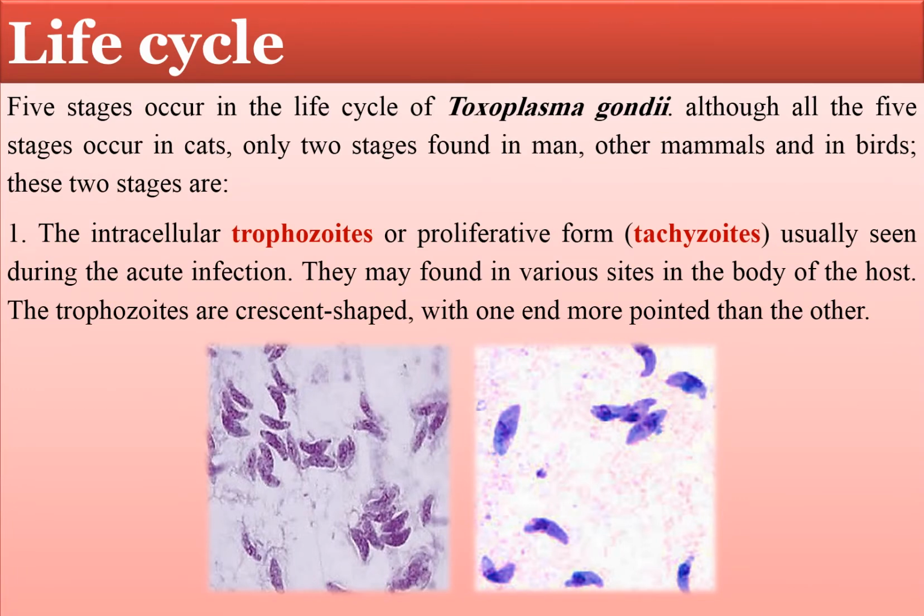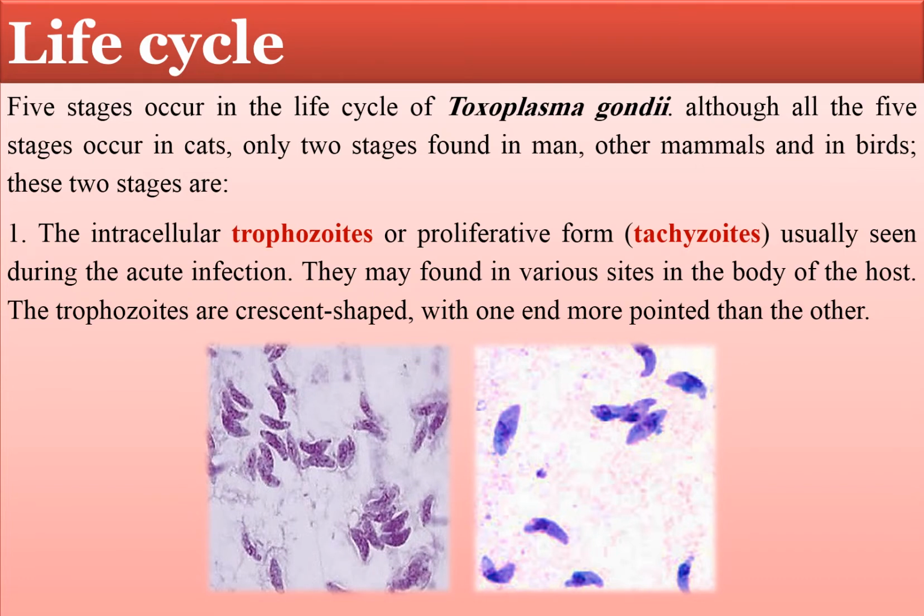The life cycle. Five stages occur in the life cycle of Toxoplasma gondii. Although all five stages occur in cats, only two stages are found in man, other mammals, and birds. These two stages are: